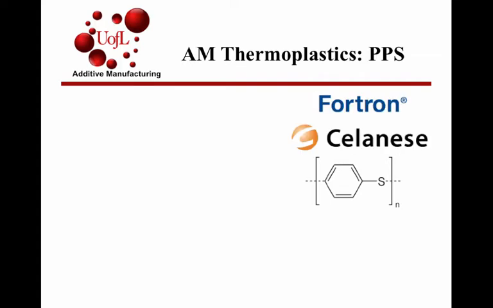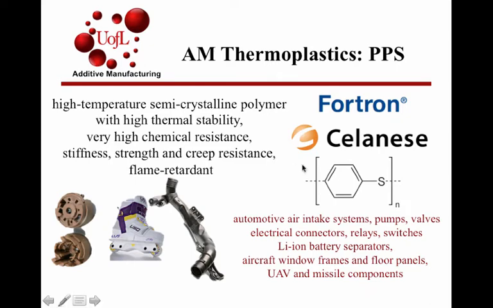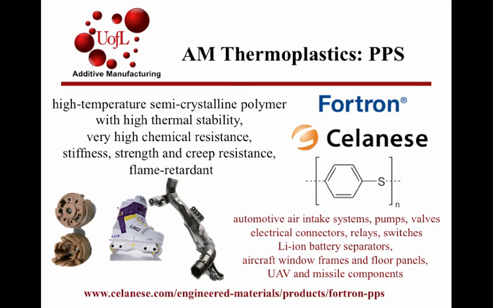Polyphenylene sulfide, PPS, also known as Fortron, provided by Celanese, is another high temperature polymer just like PEEK that we saw earlier. Very high stability, very high chemical resistance, good mechanical properties, also flame retardant attributes, used in a powder form for powder bed processes that we'll see more of during lecture 3 in this module, used for a number of automotive and aerospace applications. These are common application areas that a design engineer can take advantage of in terms of the property window that is distinguishing for PPS. The website below gives you more information